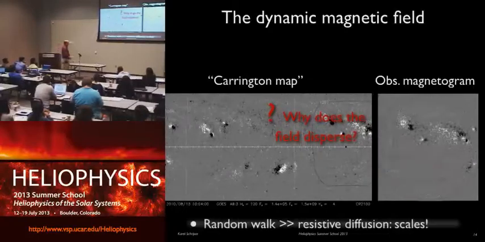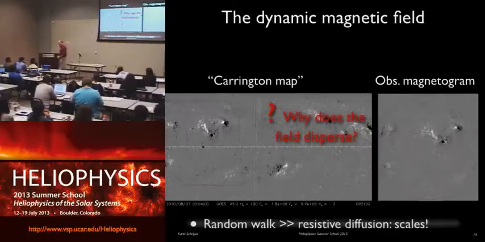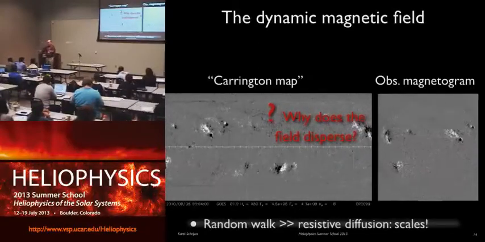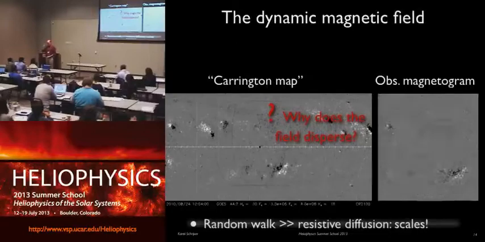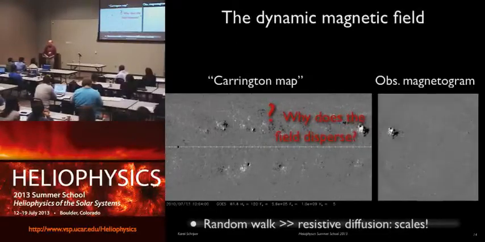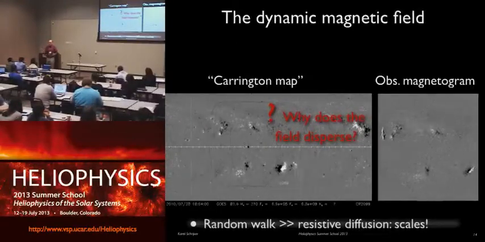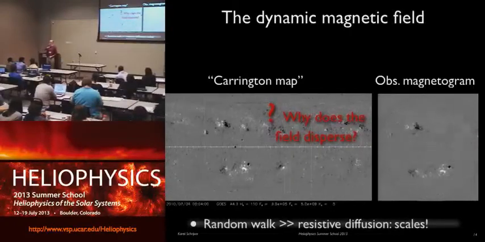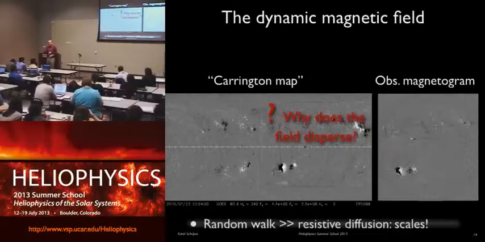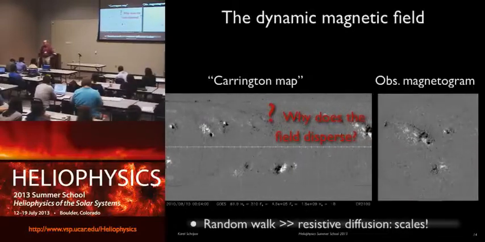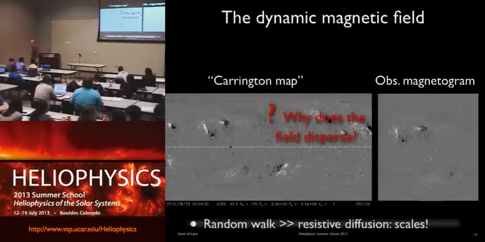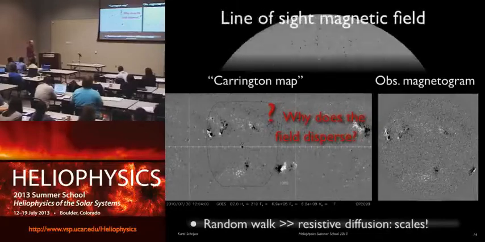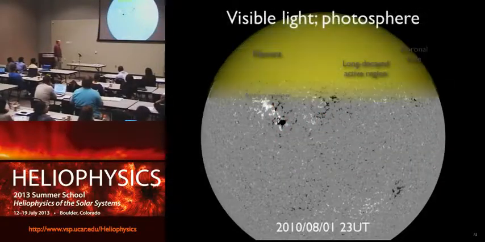It's basic. Okay, I can describe it to you in more detail. What we do is we take a magnetogram, we parse it into bits and pieces and put every one of these pieces as an atom walking around in our model, and they can do whatever they like, bump into each other, opposite polarities cancel, random walk disperses, until the new front of the sun comes by, and then we just replace it. And we've run this thing for the last over 16 years of data, so you can look at a 16-year-long movie of this. I'm only showing you, I think, a month and a half of that. Okay, back to the magnetic field.